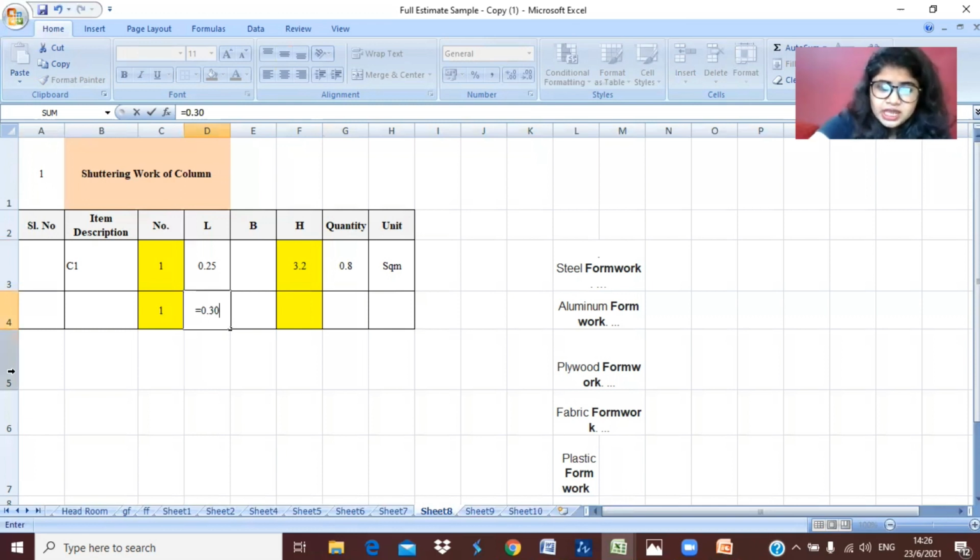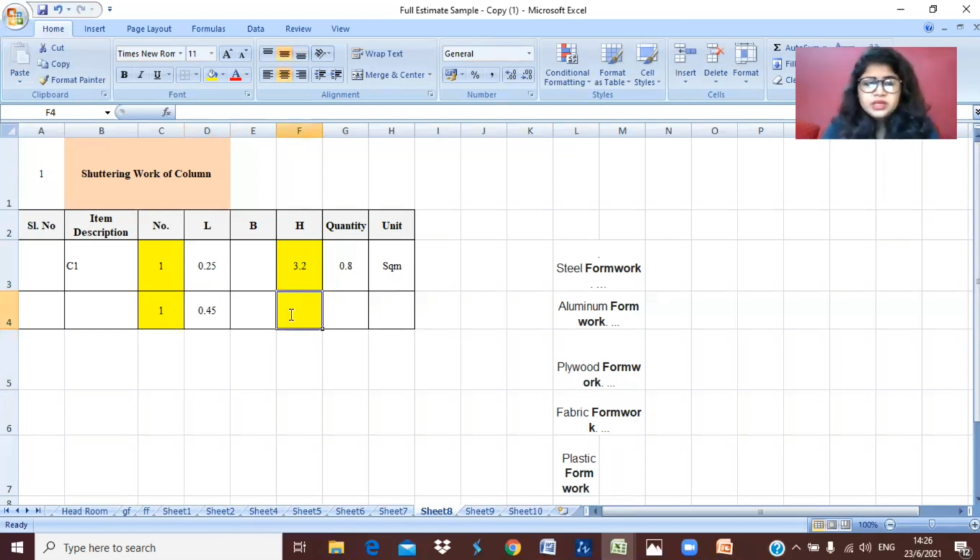With this I will add some extra portion, 3 inch from both sides, that will be 150, which in meter is 0.15. This gives the value of 0.45, and the height will be the same, so I will copy this height.